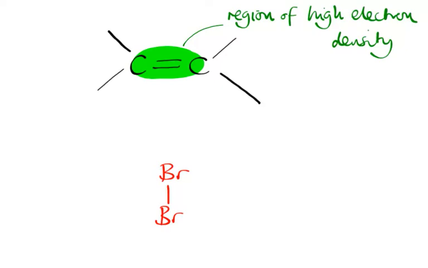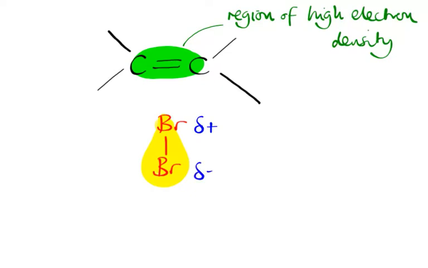But as the bromine molecule starts to approach a carbon-carbon double bond, then the electron density in the bromine, which is evenly spread out, so if we illustrate the electron density like that, as it approaches the double bond, then those electrons will be repelled away, and the electron distribution in the bromine molecule will be a little bit more like that. So the carbon-carbon double bond is able to polarize the bromine molecule,